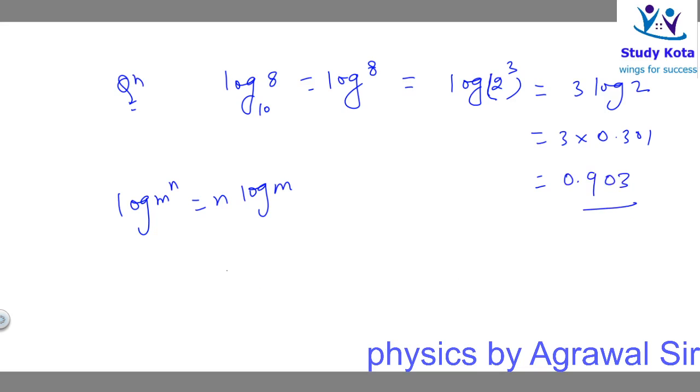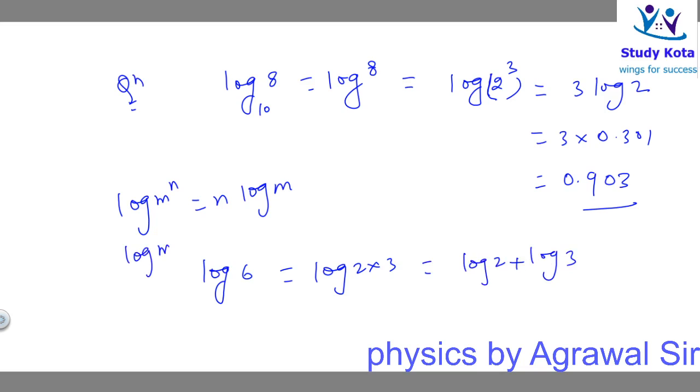So in the similar way you can find any value, like suppose you need log 6. So you can write log 2 into 3. Okay. Log 2 into 3, you can also write log 2 plus log 3, by the formula log mn is written as log of m plus log of n. log 2 की वैल्यू जो है बच्चों 0.301 प्लस log 3 की 0.4771 ऐड कर दो, आपको मिल जाएगा. ठीक है. So in such kind of problems we need the formula and the values up to 5: log 1, log 2, log 3, log 4, log 5. Okay.